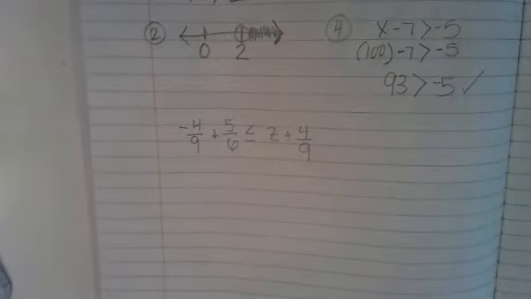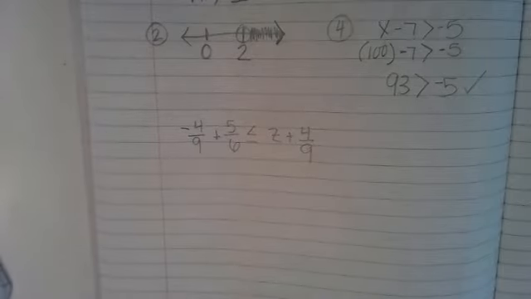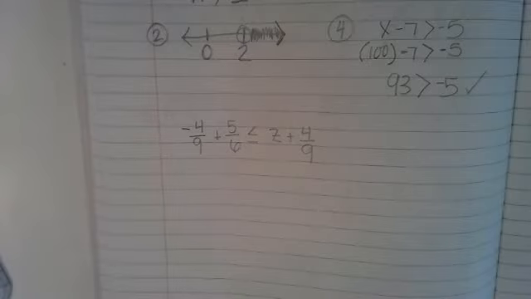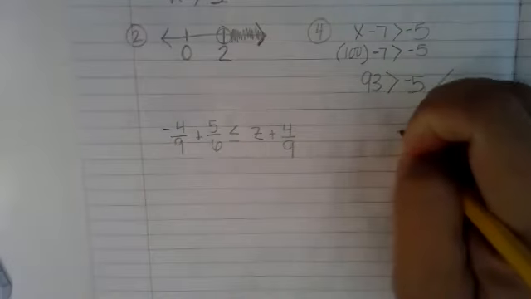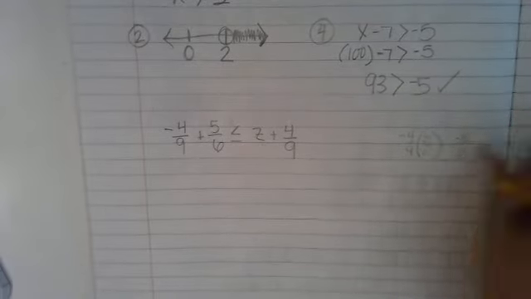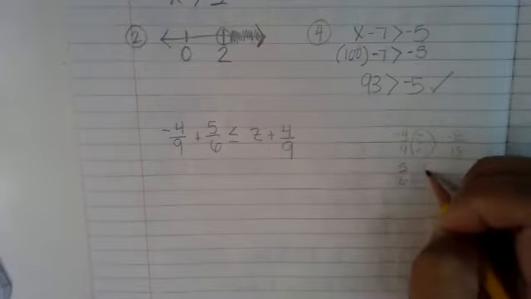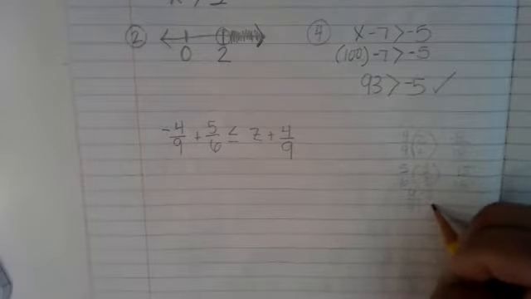Okay, who has an idea about the first thing I probably need to do here? Convert your fractions. I mean, find the LCD. Okay, I need to get a common denominator. And looking at this, I should know that my common denominator is going to need to be like 18. So I'm going to rewrite this using a common denominator of 18. So if you need to over here, you can say like -4/9 times 2/2 makes -8/18. Then I have 5/6 times 3/3. That made 15/18. And I have 4/9 times 2/2. And that makes